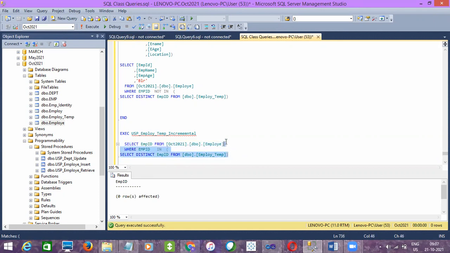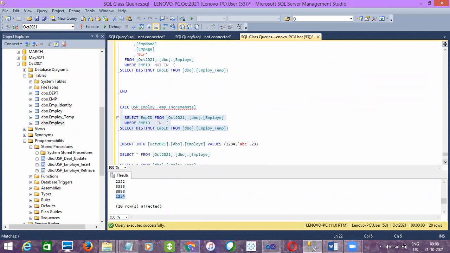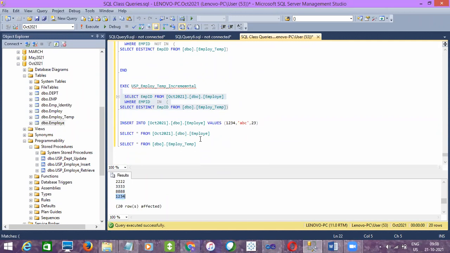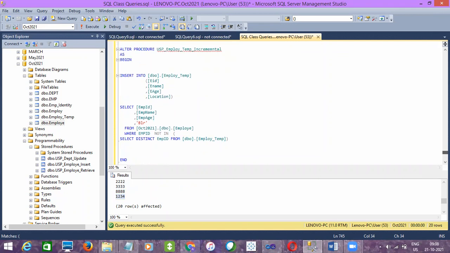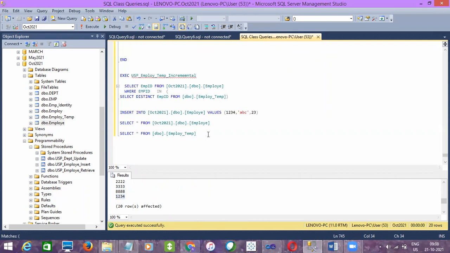If I use in, see, in is working, right? Guys, how come for in, 8888 and 1234 are also coming? Which means the employee temp has 8888 and 1234. These are destination temp, it is employee temp, right? Does employee temp have 8888 and 1234?